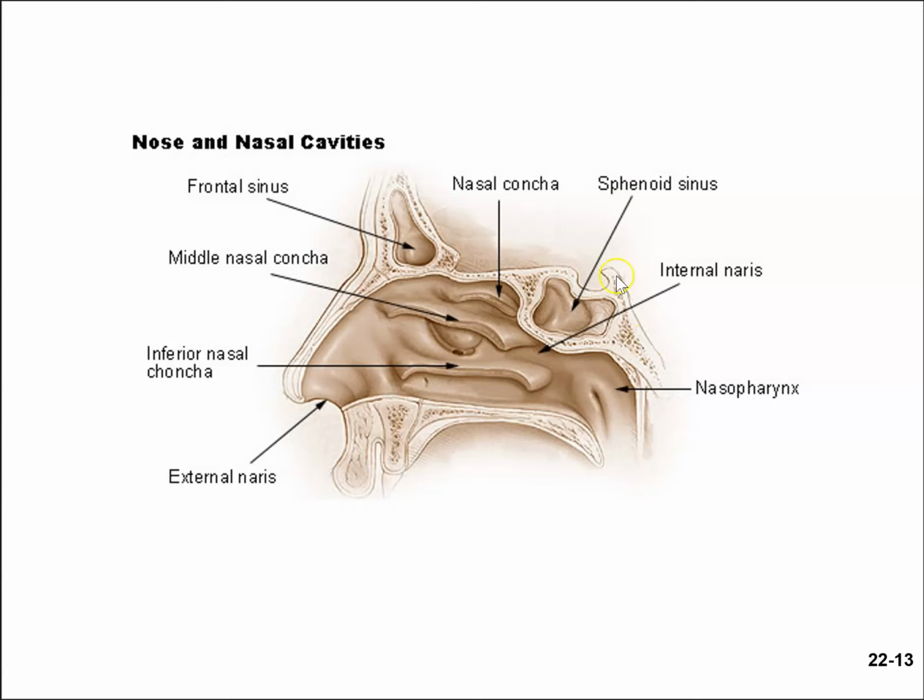paranasal sinuses. So all the associated sinuses in here, like the frontal sinus, the sphenoid sinus, the maxillary sinus, and the ethmoid sinus, produce mucus and lighten the weight of the skull. So mucus also helps in trapping the dust and debris. So along with the mucus producing sinuses, the nasal cavity is also lined with the respiratory epithelium, specifically pseudostratified ciliated